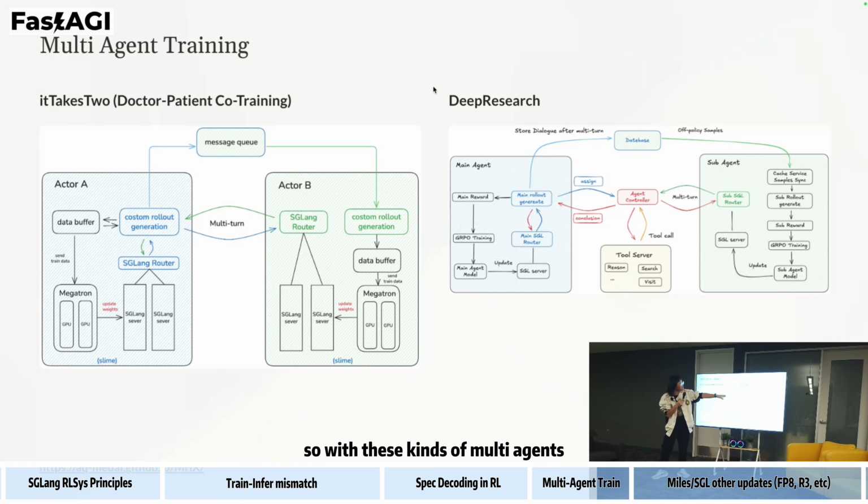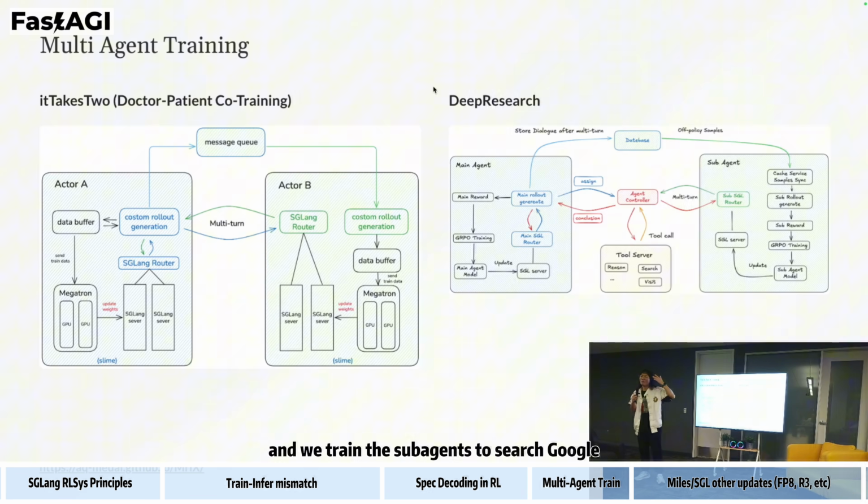So with our support of multi-agent training, we can enable this kind of deep research co-training. We train the summarize agents to give better summarization, and we train the sub-agents to search Google more smartly and give more accurate summaries. And we train the planning agents to be more patient and give better descriptions. So everything works well with this kind of multi-agent training system. I want to give a disclaimer: if you do not set your learning rates and training strategies carefully, multi-agent training is really easy to collapse.